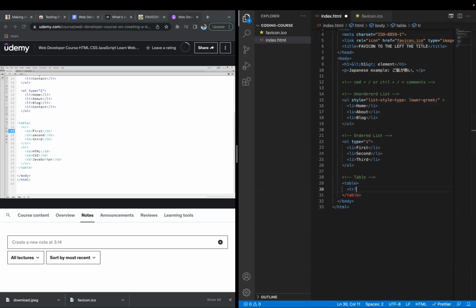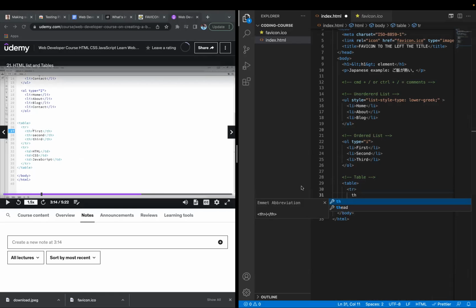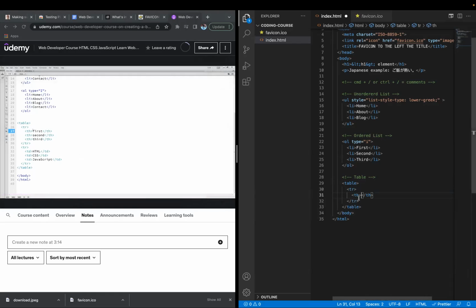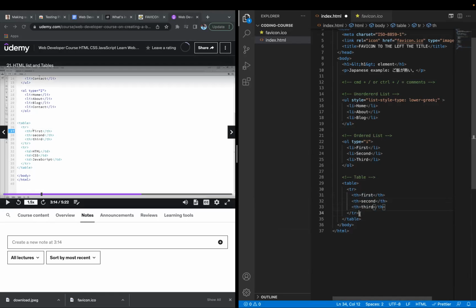Then table row. As you can see, it should auto-complete a little bit. You can even write table head, and if you have Emmet abbreviations, which should come built in, you can click it and it will complete that for you too. We're going to write first. Going to copy this a few times. Again, third. And then we're going to add another table row,